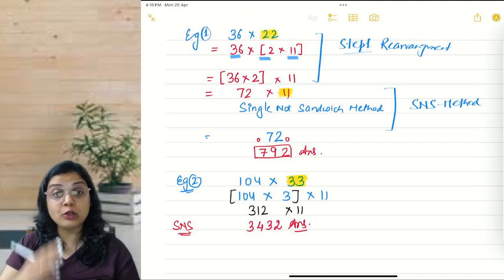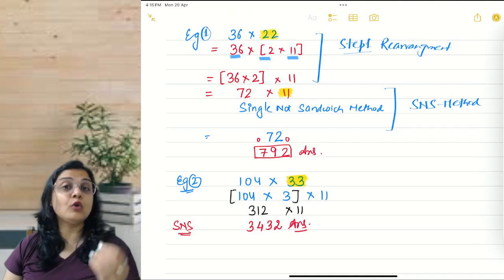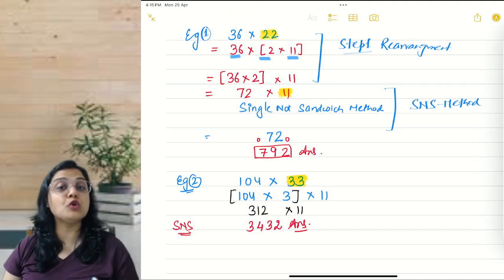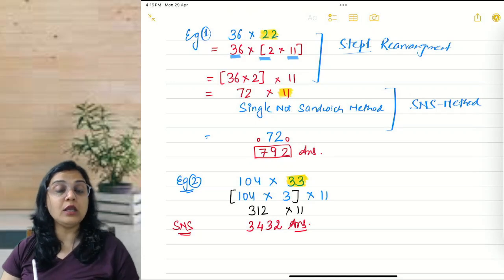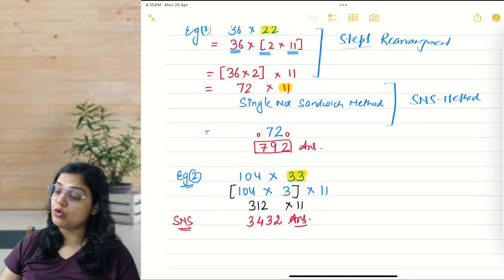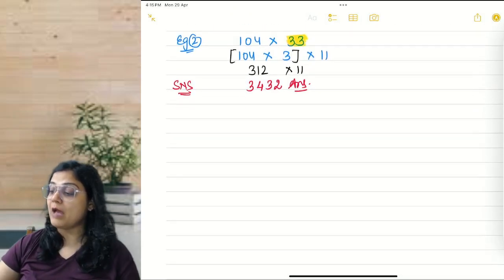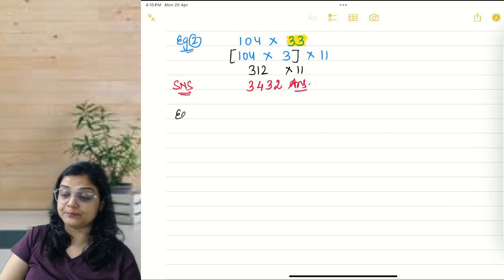See, this time I took less space for writing the answer. Why? Because I am skipping these steps. The more you practice, the more steps you will skip. All right. And slowly, gradually, you will see that you are saving a lot of your time. So without further delay, let's move to example number 3 now. I'm keeping example number 2 on screen for you so that you can see them parallelly.